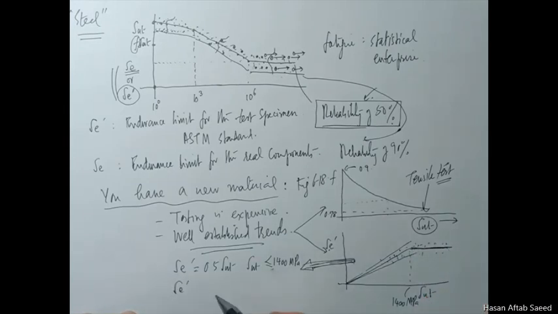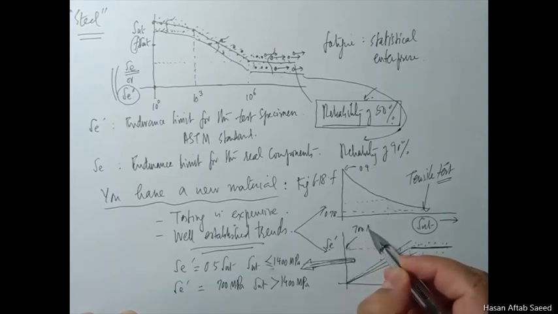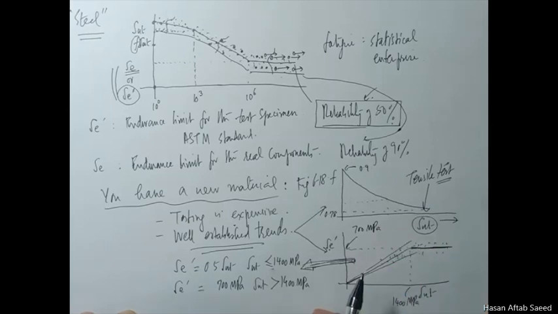So Se prime is equal to 700 MPa for this. Obviously, it means that this is 700 MPa. And this you can find in your figure